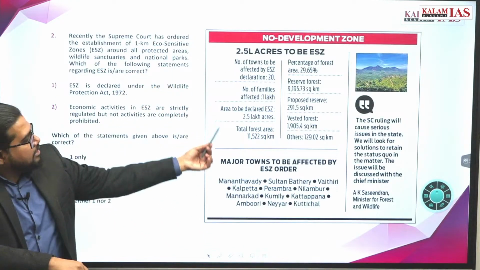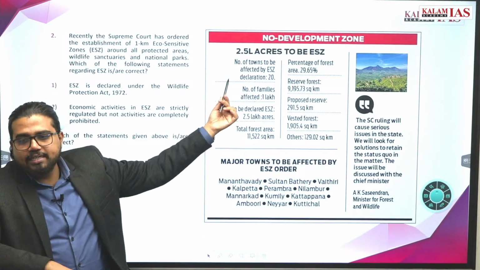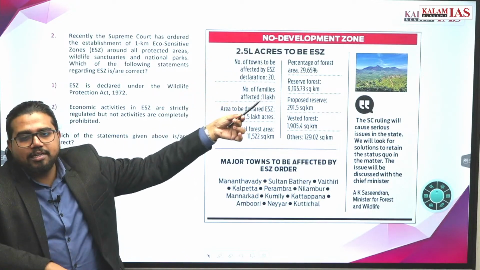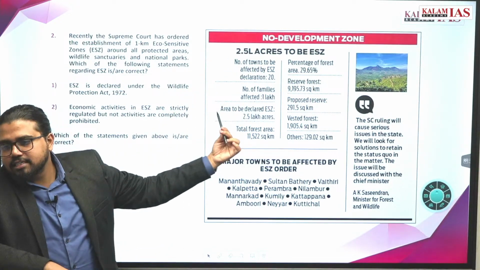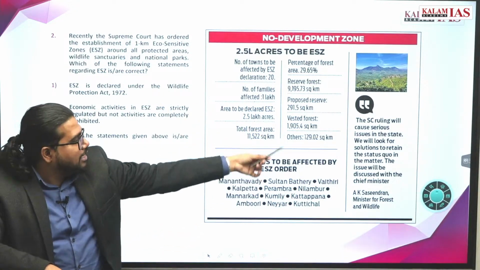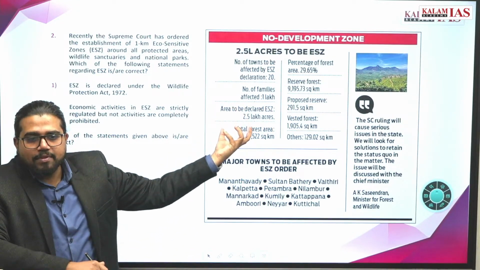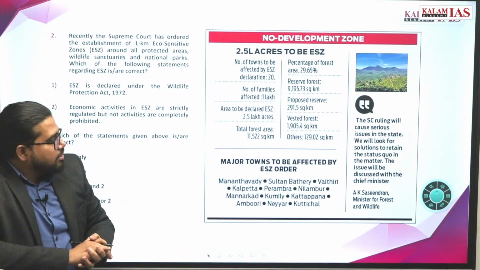Go ahead. So this is the issue in Kerala. Around 1 lakh people are affected due to this verdict, and that's why it led to protest and all this. So go and check this out. Check which sanctuary is having this. Nagar sanctuary, some sanctuaries are given. Make a list of all these. This kind of question also comes. Geography type questions.